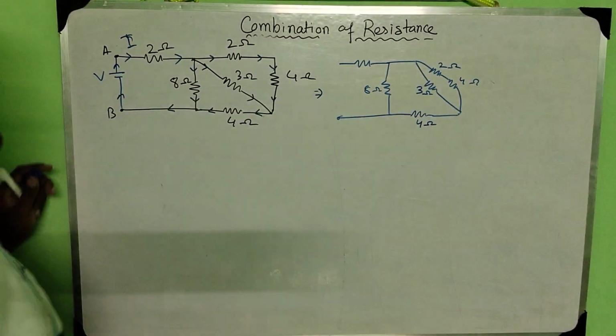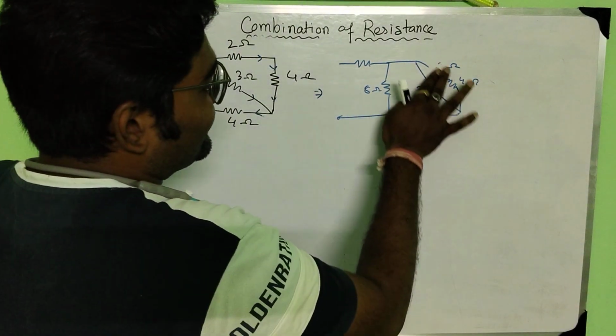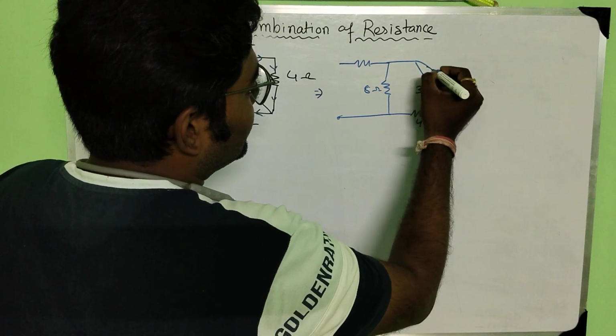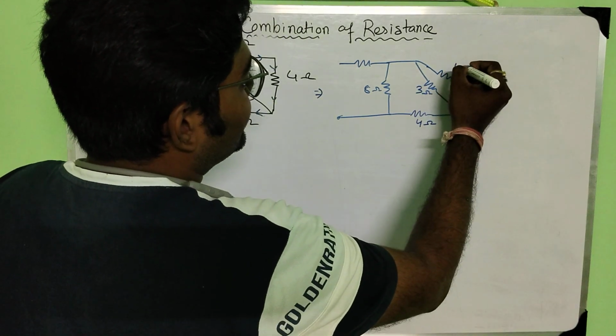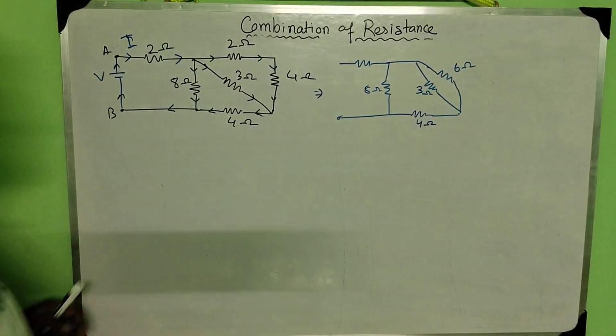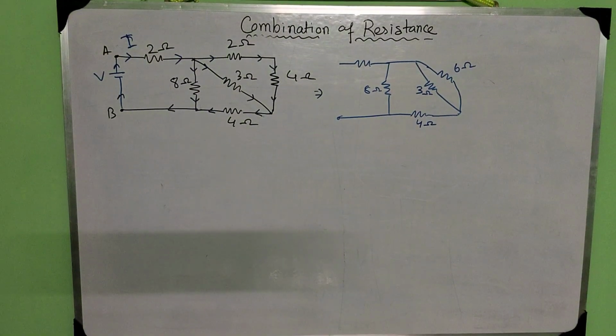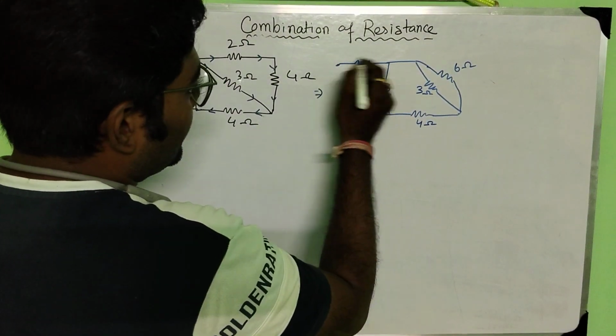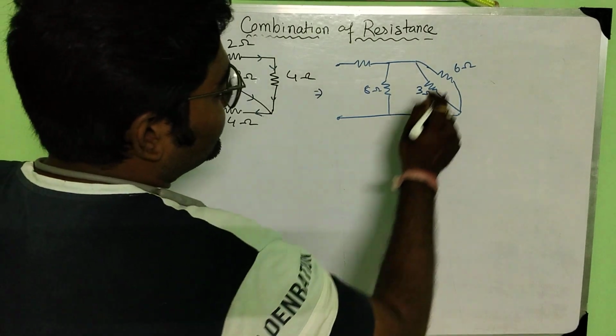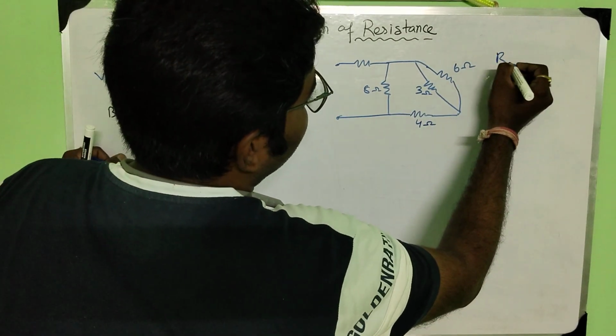There is 3 plus 4, how much? It will come as 6. There is series, that means this is 6. Now this 6 and 3, they are in parallel combination. Then what will happen? The R equivalent will be,